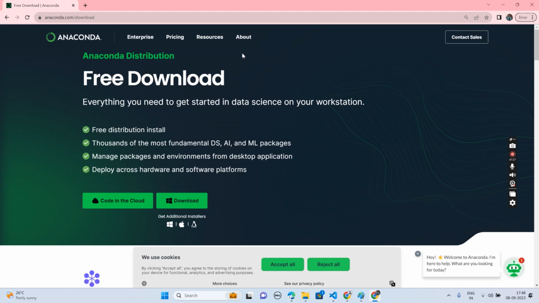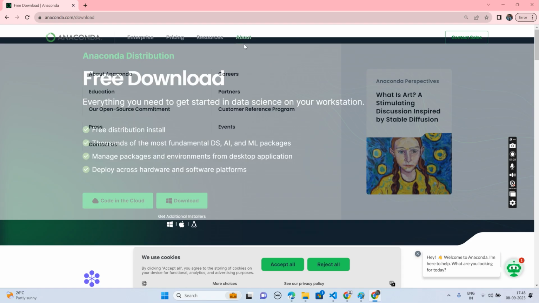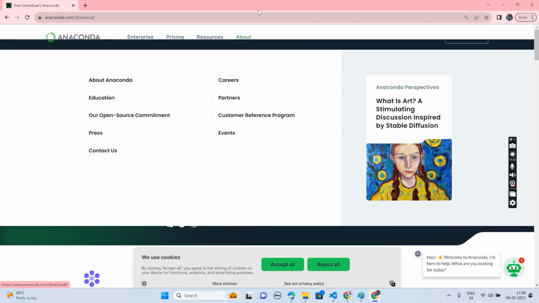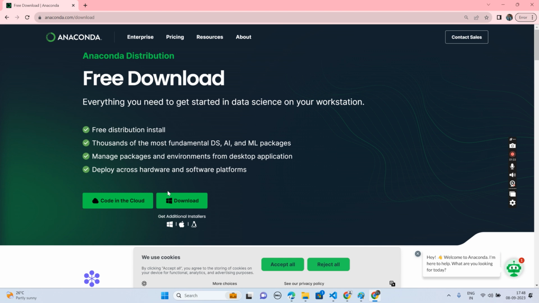Okay, after downloading, what you need to do? You need to install this one. So this is the latest version of Anaconda. What is Anaconda here? Anaconda is an advanced version of Python. This Anaconda is mainly used for machine learning purposes because Anaconda has some set of